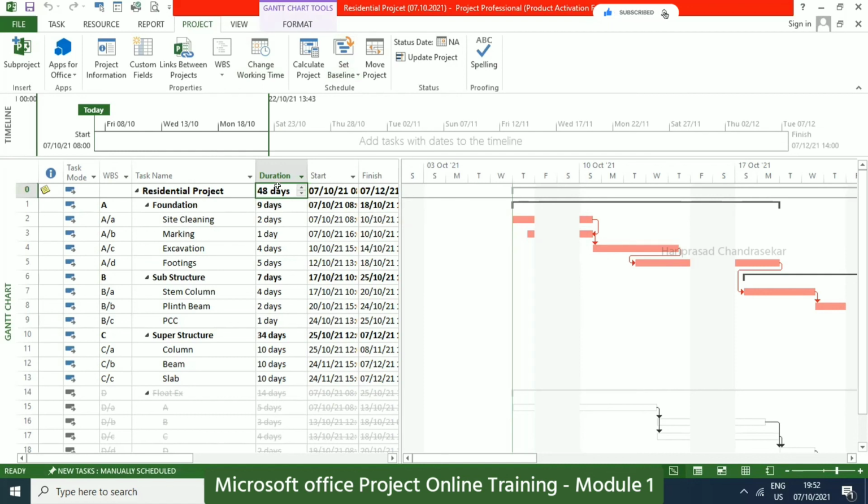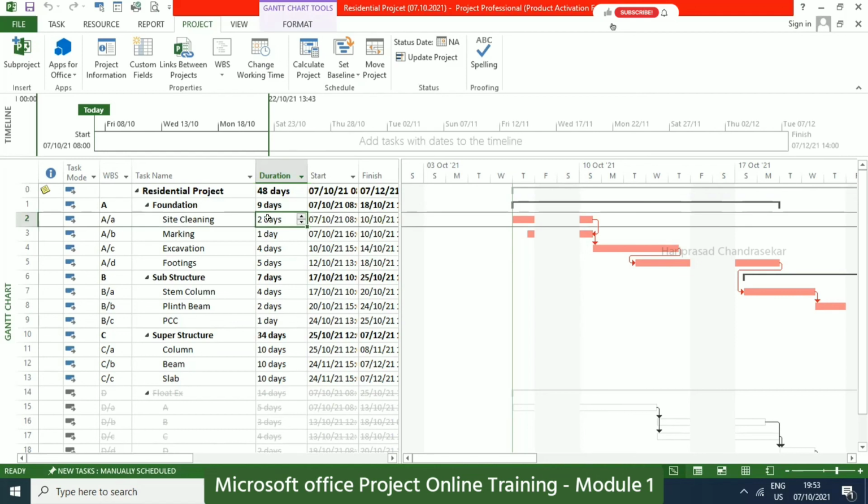But sir, when you prepared this project, in the project information or advanced document properties, you already input the start date and the finish date, correct? Yes. If you want to change anything apart from the summary task, we can update here, but here we can't. It depends on the subtasks. So the main task you cannot change the days. Yes, that's why it is by default auto scheduled. We can't change anything.